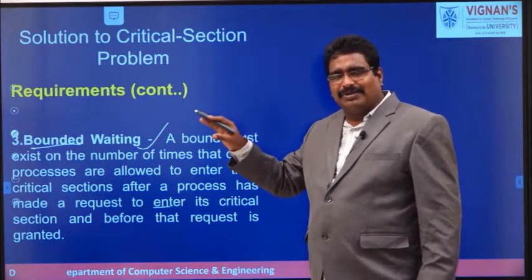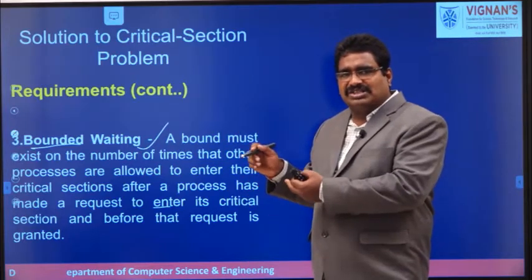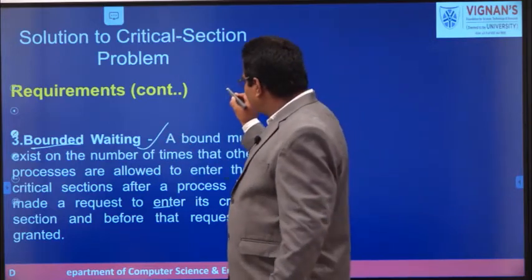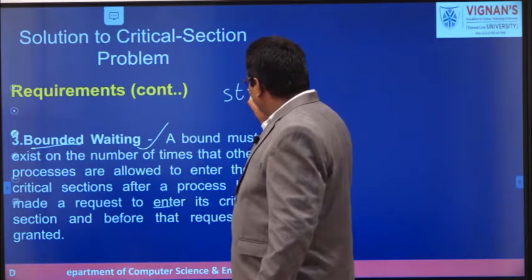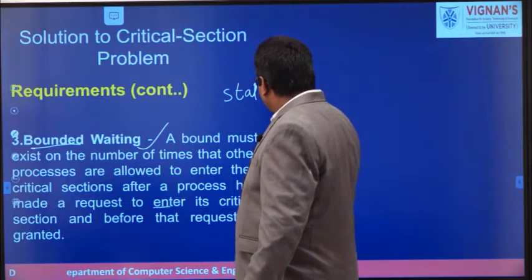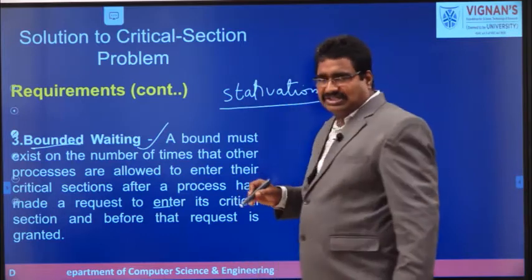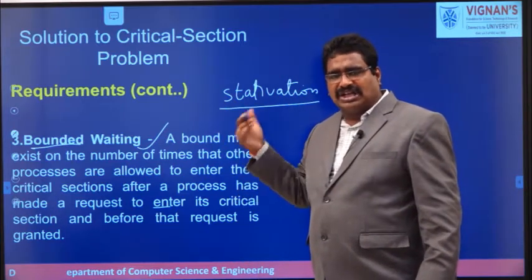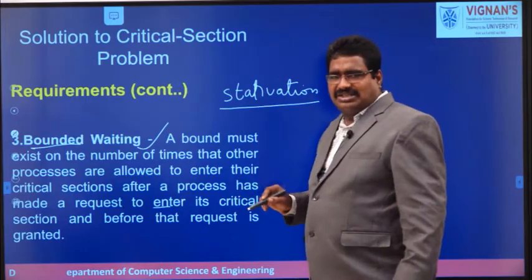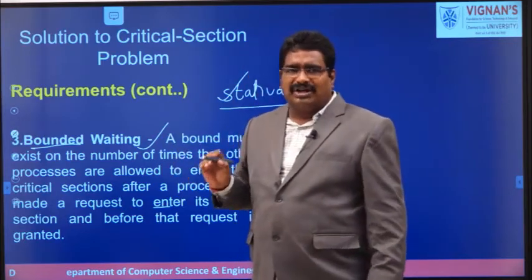If there is no maximum limit, this process may wait indefinitely, so it is unable to get the resources. If the bounded waiting condition is not satisfied, some processes may wait for a long period of time. That problem is called starvation. What is starvation? If a process wishes to enter its critical section, but every time the other processes are allowed and this one is not, that problem is called starvation. To eliminate starvation, there is a need for the bounded waiting condition.